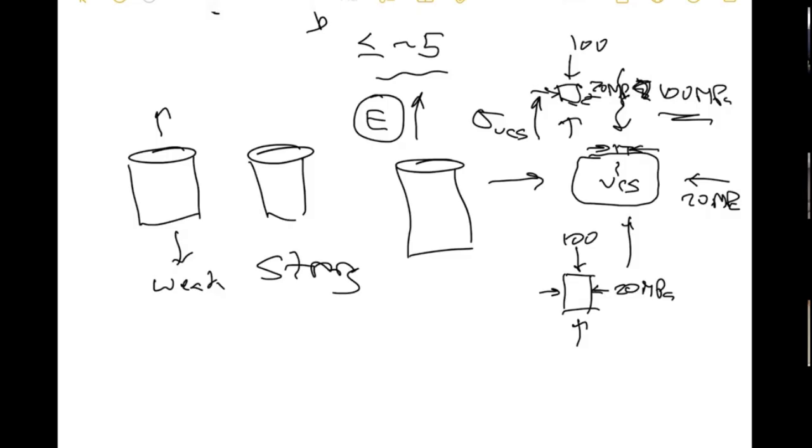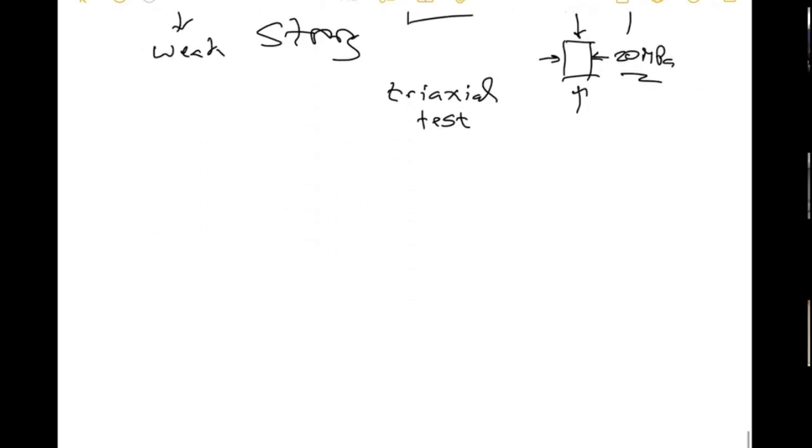Well, the strength will be larger than just doing a UCS test. Why? Well, because actually we have learned this before. It's maybe called a triaxial test, and so the break depends on it. The larger the confining pressure, like 20 MPa, the larger that force is, and the larger the strain is.